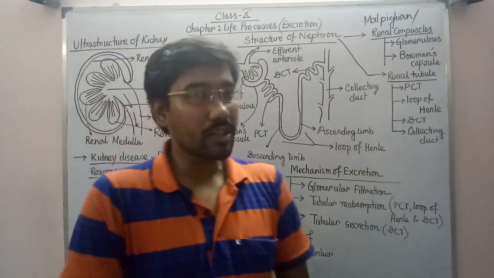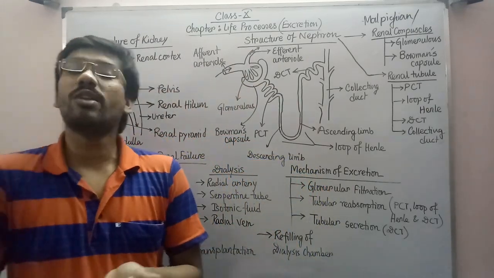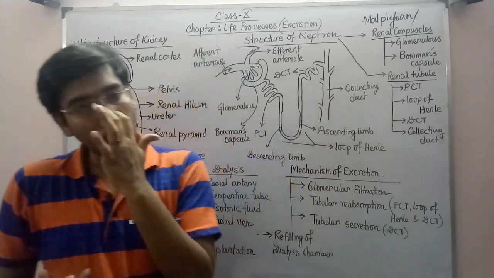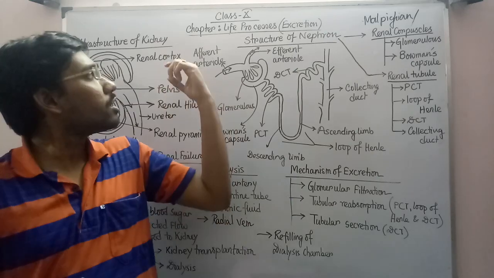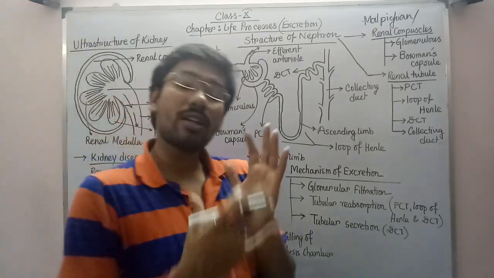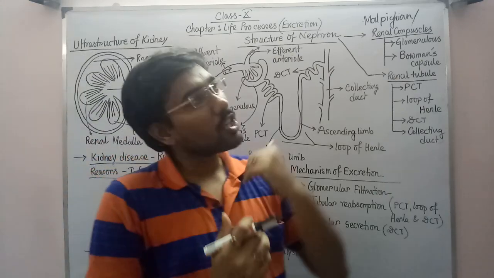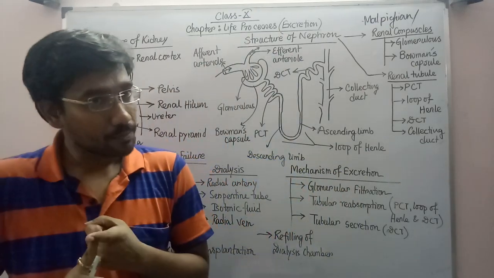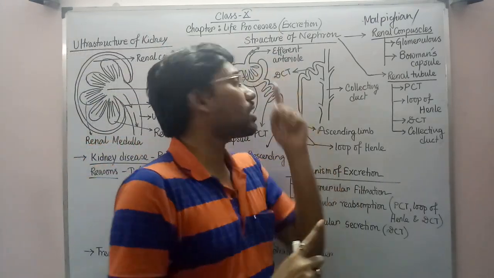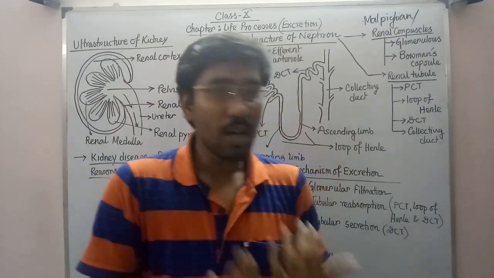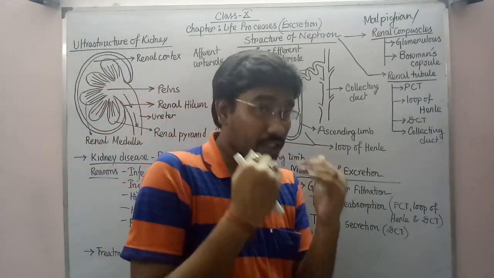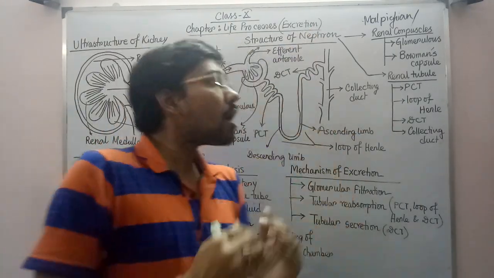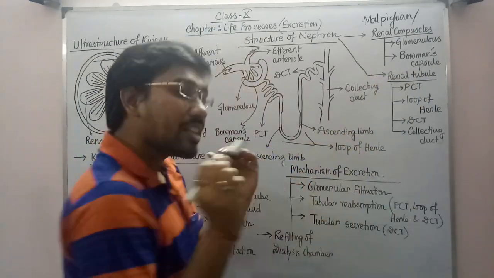And if the blood does not stay in the glomerulus for a long time, what will happen? The filtration of the blood will not happen properly. The blood moving out through the efferent arteriole would then also carry the impurities brought by the afferent arteriole. That would happen if the efferent arteriole diameter were similar to the afferent arteriole, but it is smaller. For that reason, blood can stay within the glomerulus a little longer so that filtration can happen properly, and then the pure blood slowly moves out through the efferent arteriole. Now I am coming to the next portion, the renal tubule. What is the renal tubule?